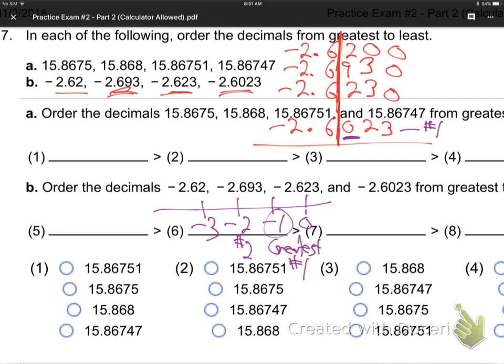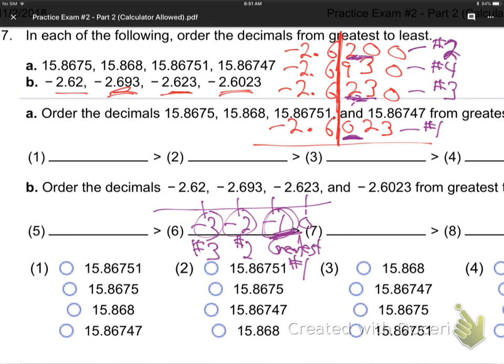This would be number 2 and number 3, right? Because negative is like being in debt. If you're $1 in debt, you're better off financially than $2 or $3 in debt, right? The greatest is the lowest negative. So the lowest negative is actually the greatest number, number 1, followed by, okay, now here 2.6 and 2.6, which one? 2.6023, this one. This one is number 2. Then the next lowest, and then number 3 is the next lowest, and then this one is number 4, the most negative. So there's their order